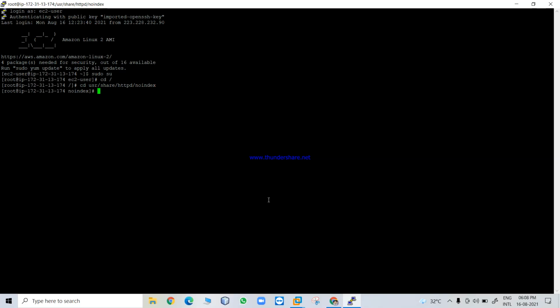Then type ls to see index.html. See, index.html is now showing. Now just change the content in index.html and run your website. Then we have to do vi index.html.